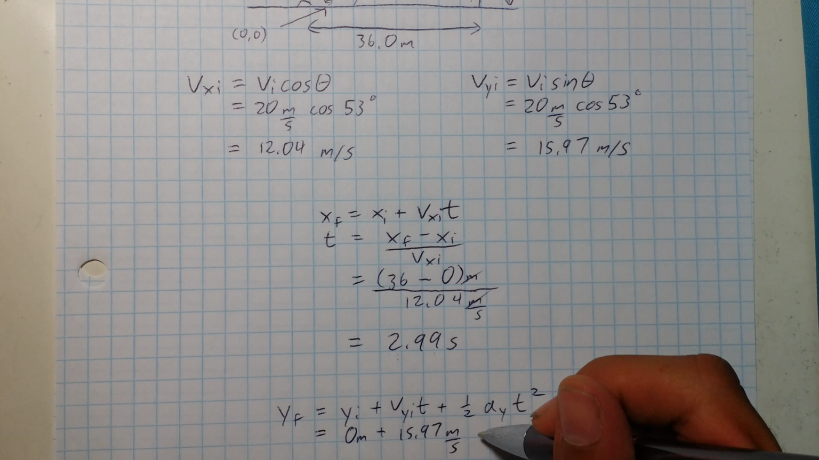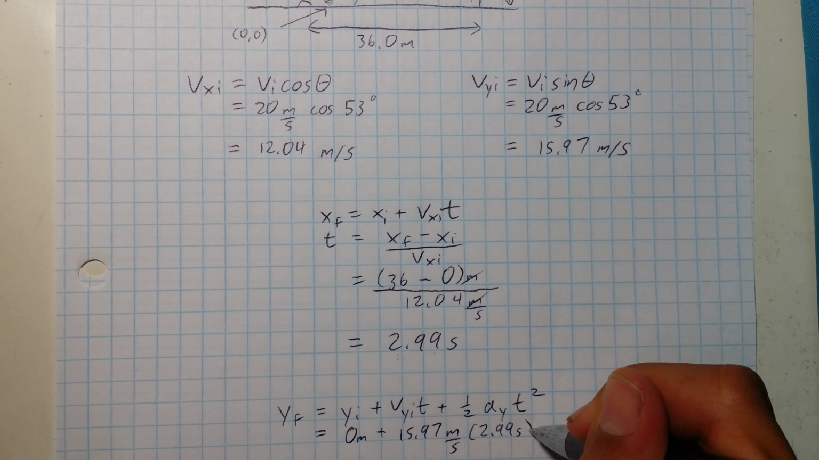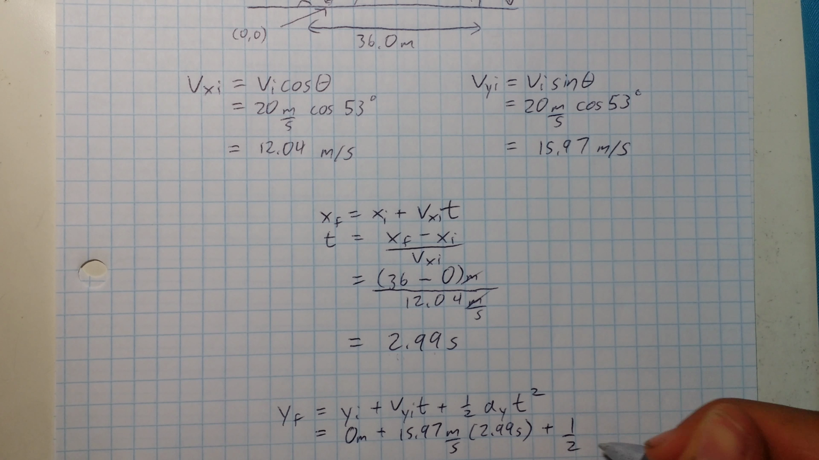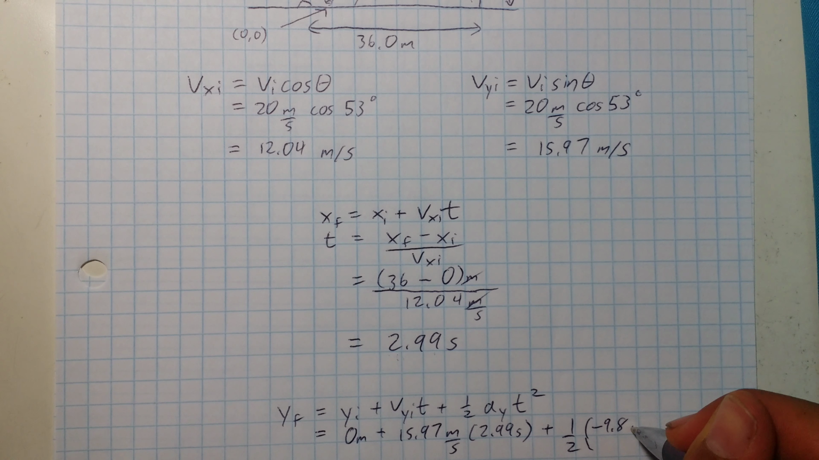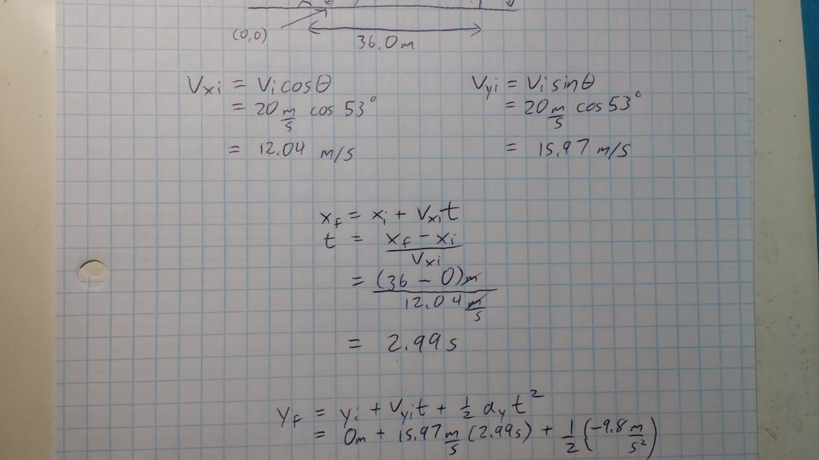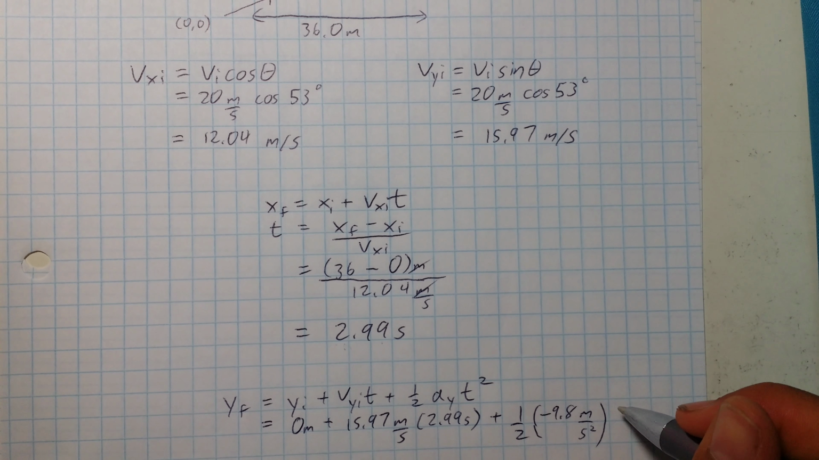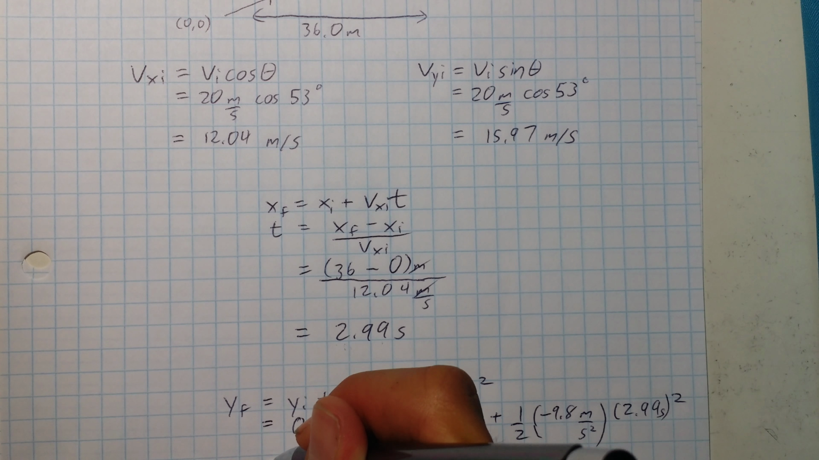Our time is 2.99 seconds, plus half acceleration. Acceleration is the acceleration due to gravity, which is negative 9.8 meters per second squared, times time, which is 2.99 seconds squared. So now that we have that, we